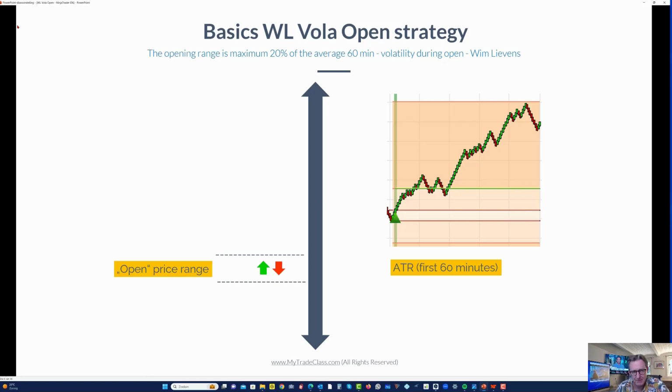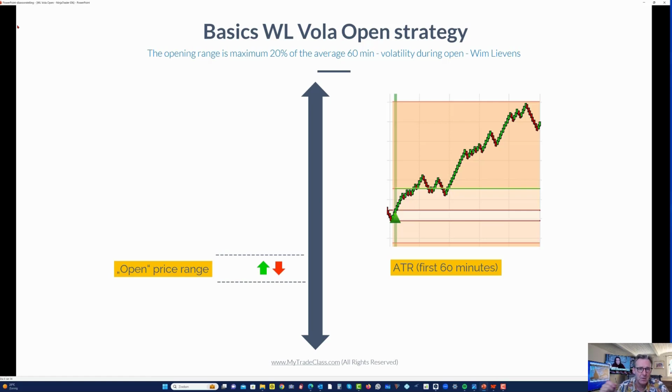So I asked myself, at the open, in the first 60 minutes, what is the average volatility? Or if you want to talk technical indicators, you could say ATR. What is the average ATR in that 60 minutes? And I said, all right, it's, let's say, as an example, which is a real example,